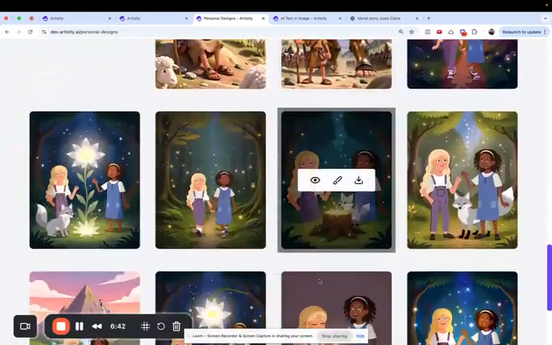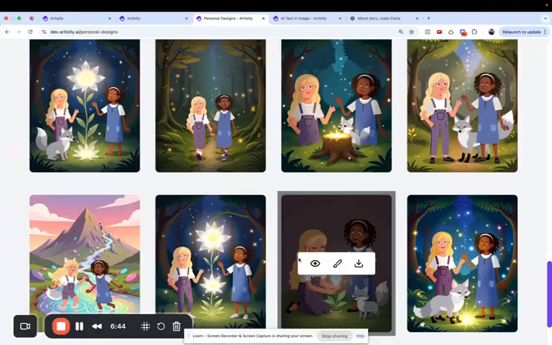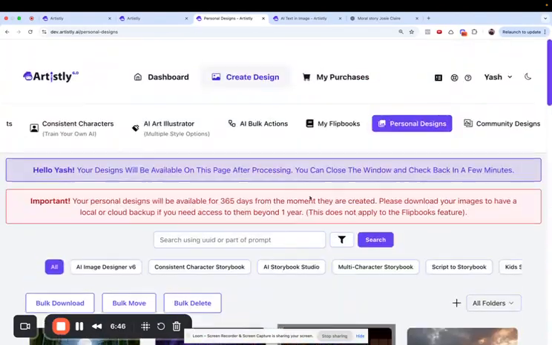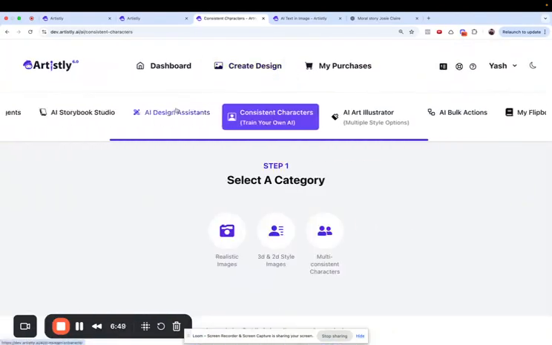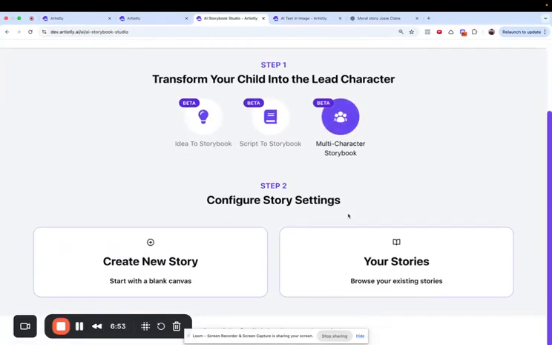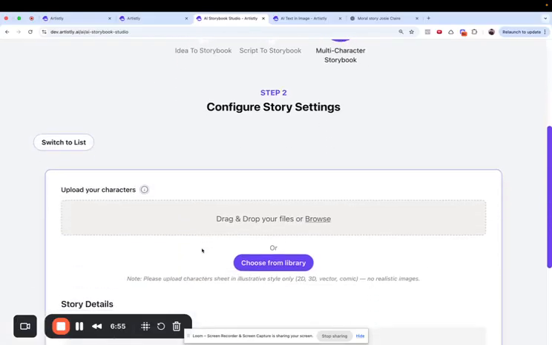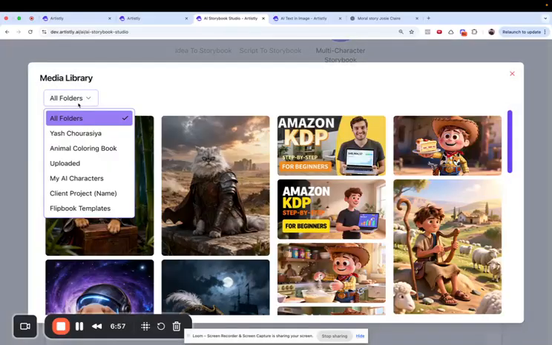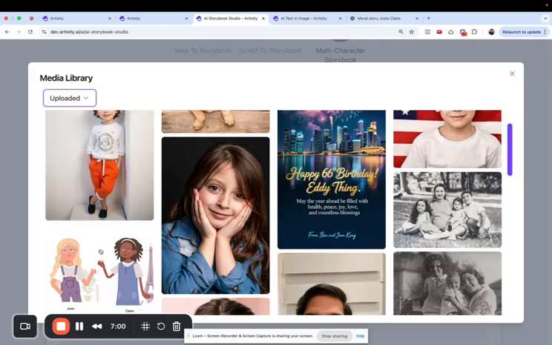Just like these. Look at that. How powerful it is, right? So let me repeat that process, okay? So what you have to do is Storybook Studio, multi-character storybook, new story, your character sheet is gonna come, yeah,